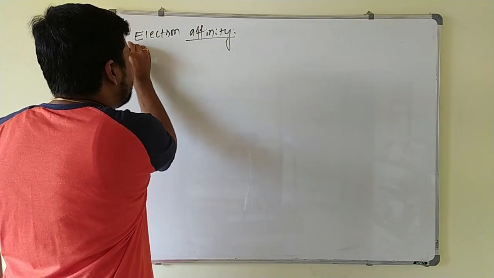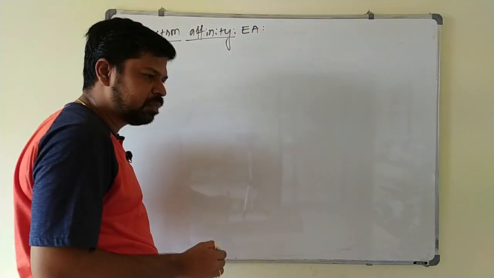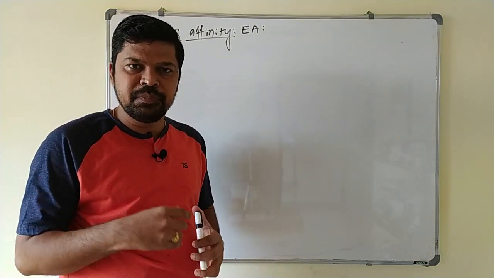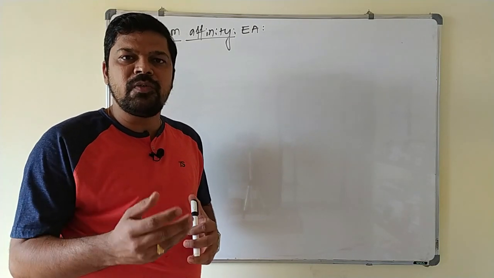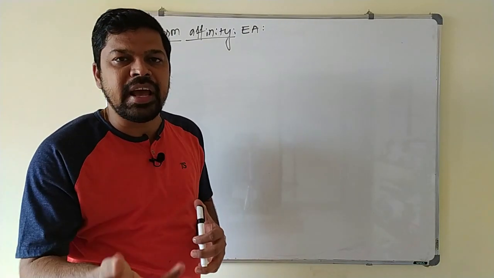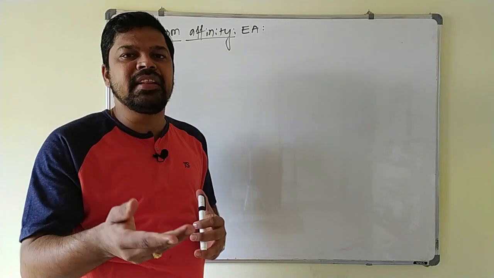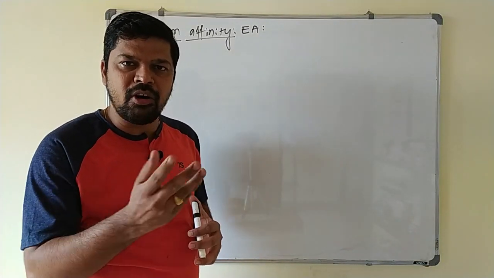So this electron affinity, in short I will write it as A. We know that electron affinity is nothing but amount of energy released when an electron is added to the neutral gaseous atom. So whenever we add an electron to the neutral gaseous atom, that atom gives out energy. So more the amount of energy given outside by the atom by gaining the electron, more is the tendency of the atom to gain the electron. Already we know that one.